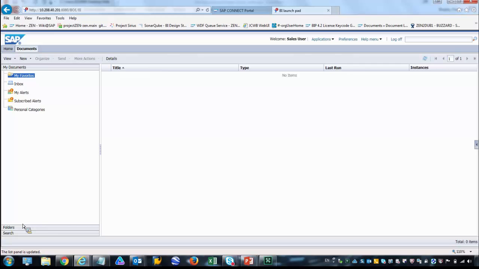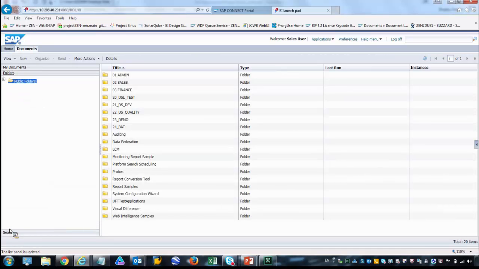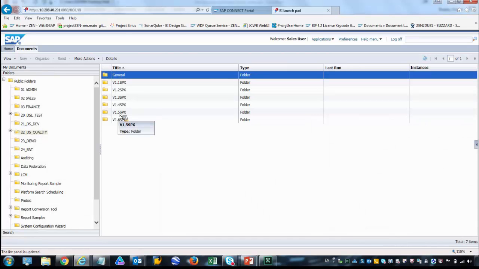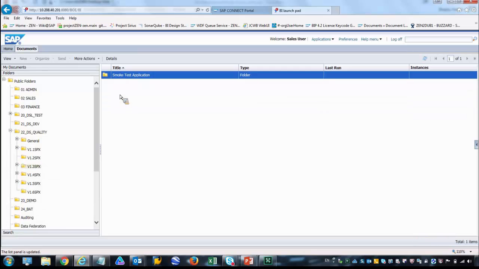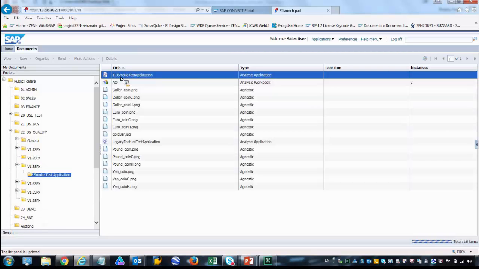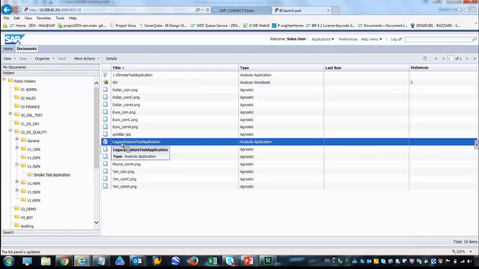Once this has loaded, we go down to the folder section here. We go to the exact same folder we were at as Design Studio Administrator. We go in here, we right-click on this,